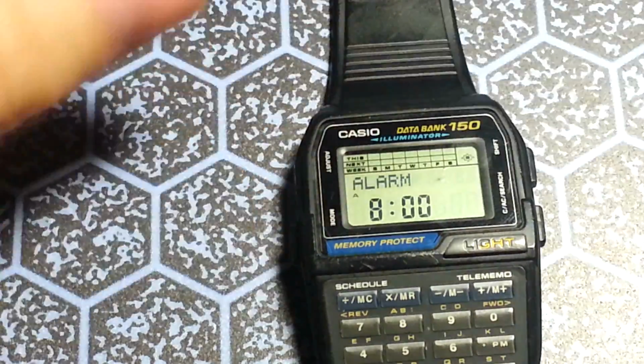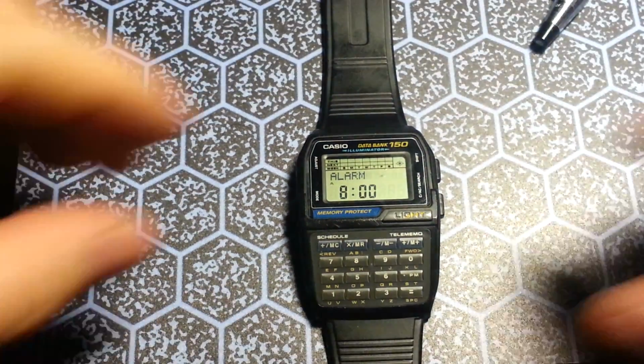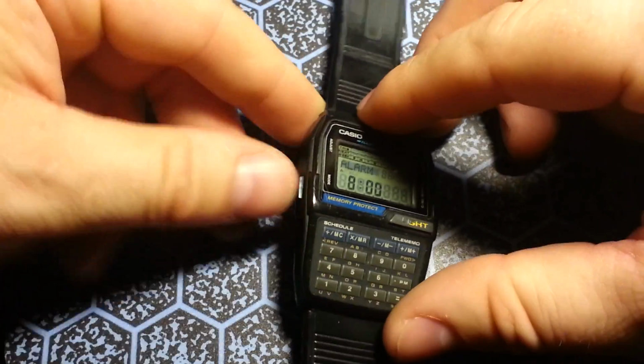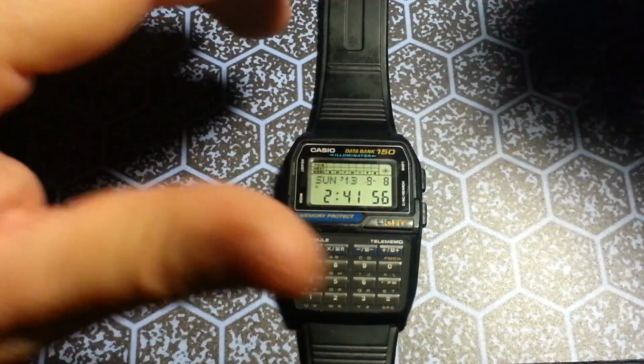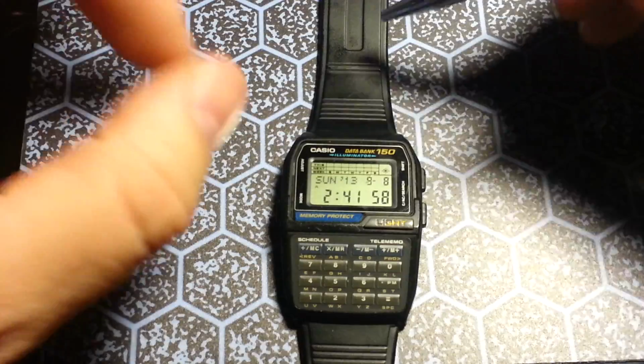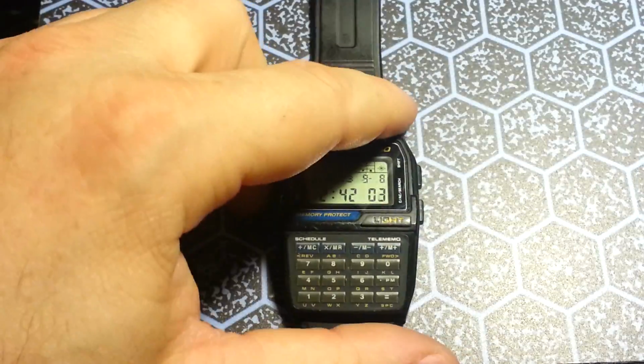So, anyways, again, if we're at any screen and we want to go back to what I'm going to call the home screen, you press and hold the home button. And boom. And you'll notice the beep going back home is a little different than all the other beeps. So anyways,